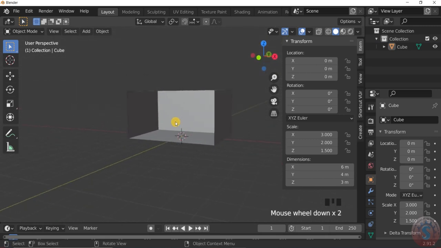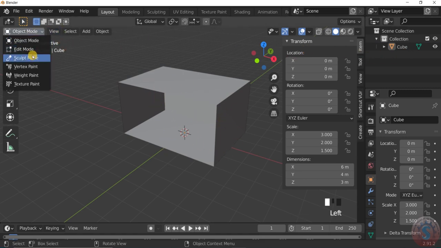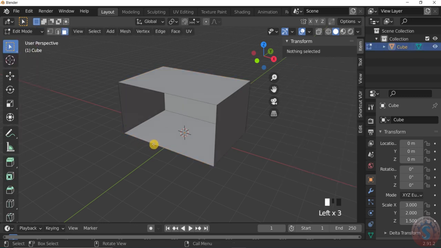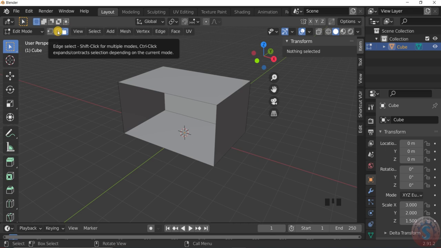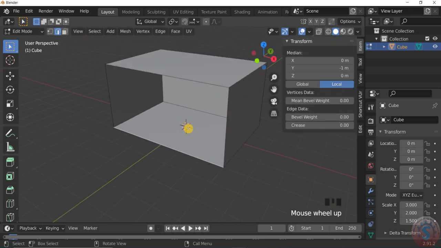How to create the window here? For example, actually we are in the object mode. Again select the cube, go into the edit mode and select here. First we created the faces. Now I want to explain with the edge. Select the edge and select this edge. It is highlighted in white color, you can observe, and you want to change the cursor to the exact location of the edge. How to do it?